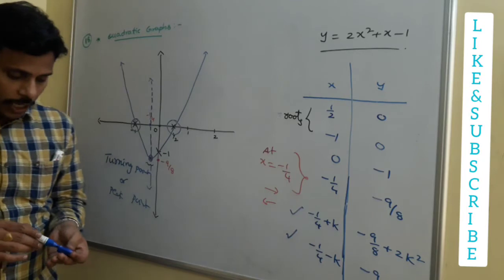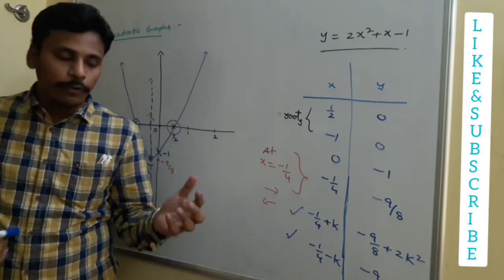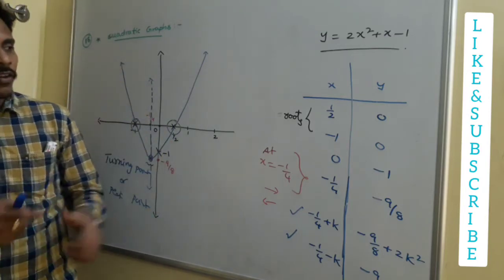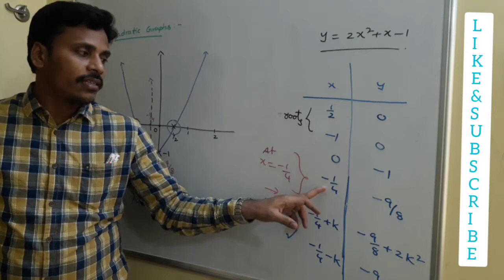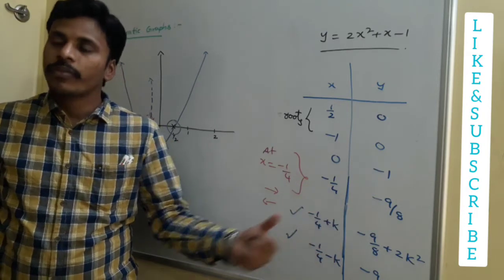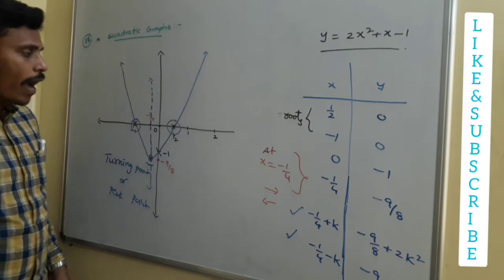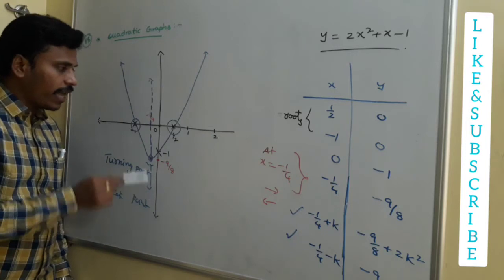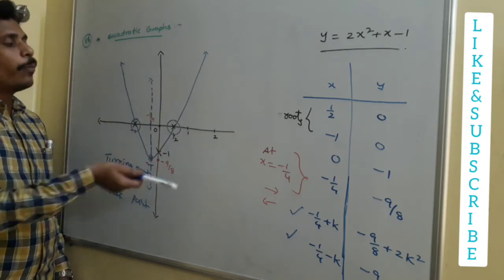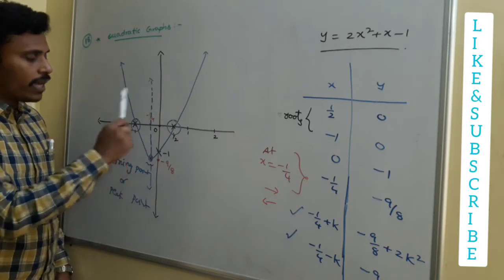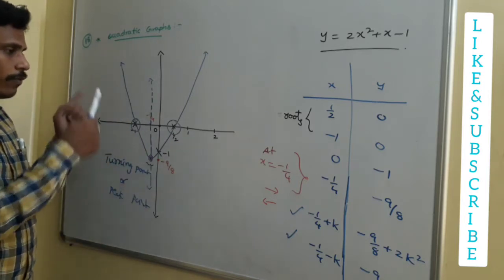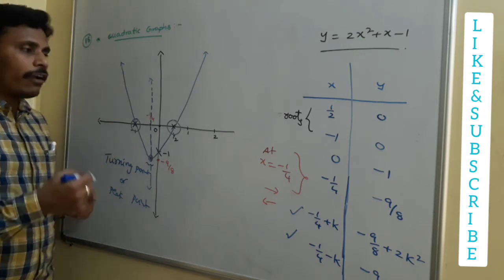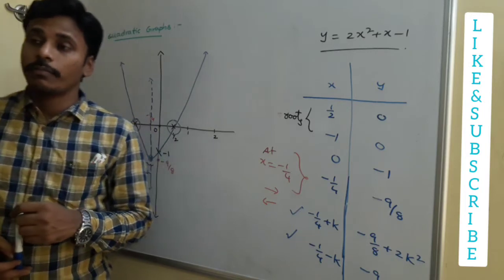Once again, I am repeating: before drawing the graph and after drawing the graph, what you need to analyze. Before drawing the graph, you need to locate the roots as well as this peak point in the table. After drawing the graph, you need to identify these points as roots and this as the peak point, and about this imaginary line, the graph is symmetrical in both ways, whether more than minus 1 by 4 or less than minus 1 by 4. Is it clear? After having this graph, we have so many questions to answer based on these graphs.